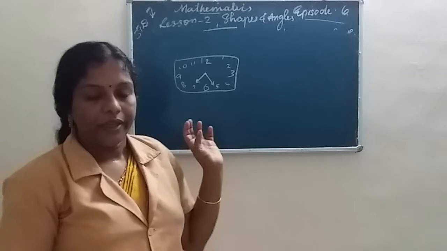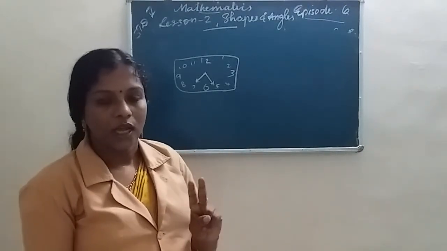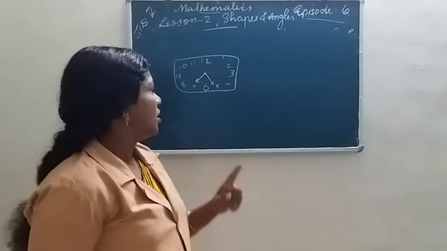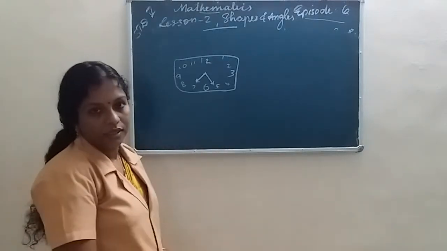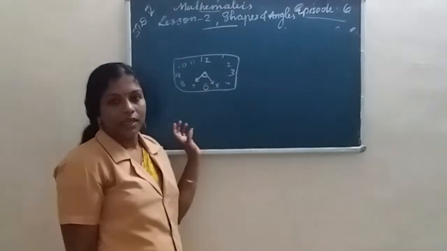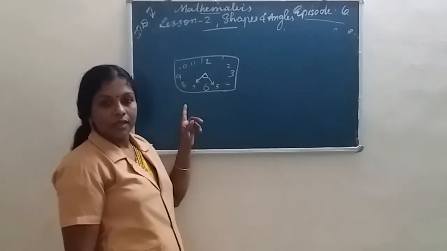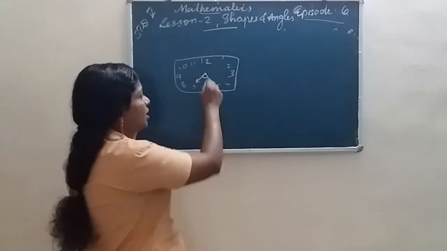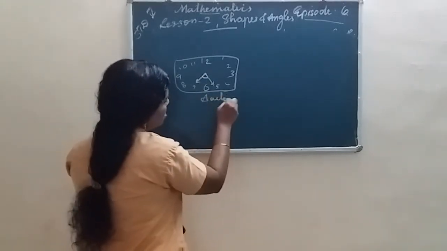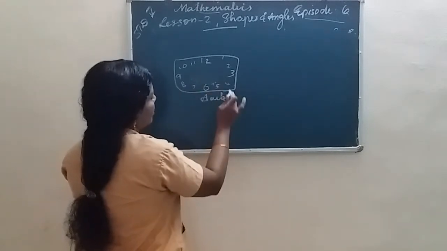Here in a clock there are 2 hands, not 2. One speedy hand is there, the second hand. Here take the hour hand and minute hand. What type of angle is this? It is less than 90 degrees or less than a right angle. Okay, less than a right angle, so it is an acute angle. I change the hand.